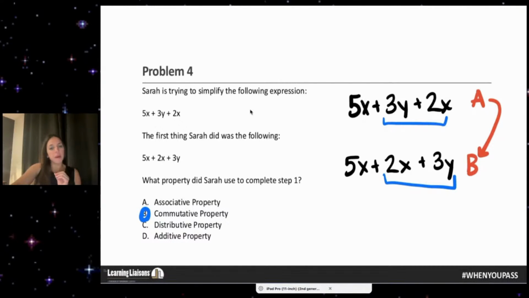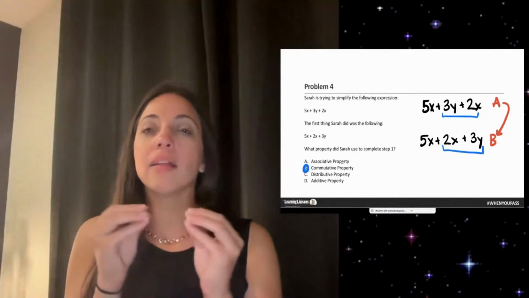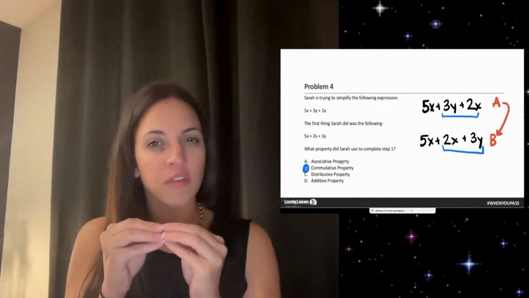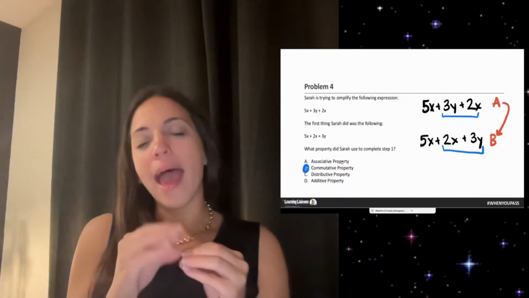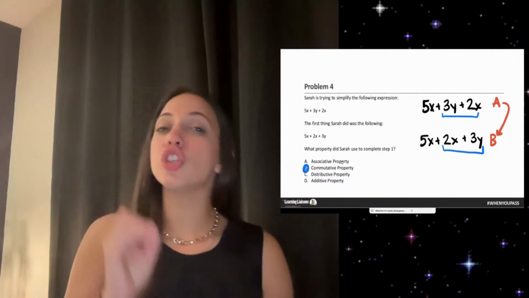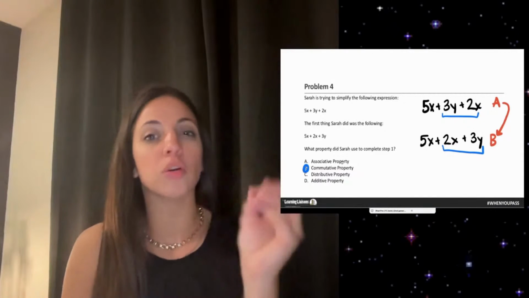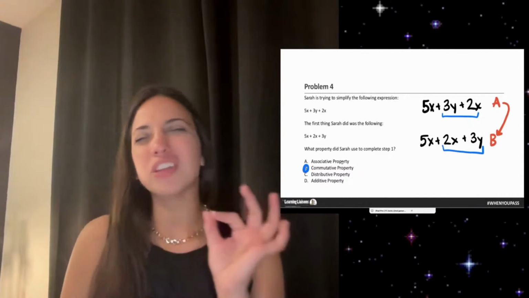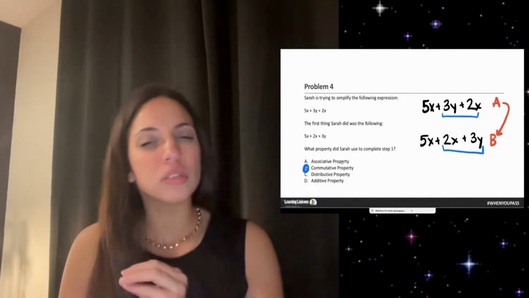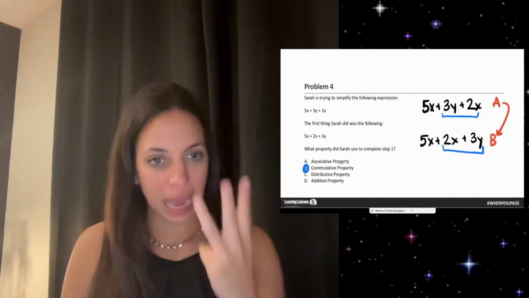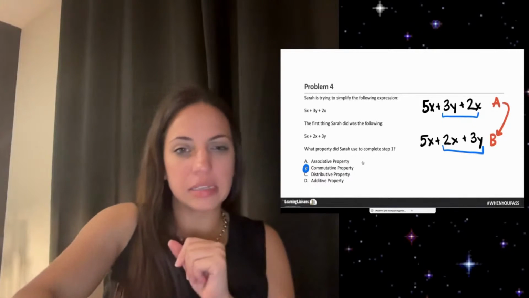The tricky part here that I want you to pay attention to in this one is that a lot of times we think of commutative property with 2 items or 4 items. And a lot of times associative property is represented with 3 terms or 3 items. So what I don't want you to do is get confused that this is the associative property because you see 3 items. What would make this the associative property is this.